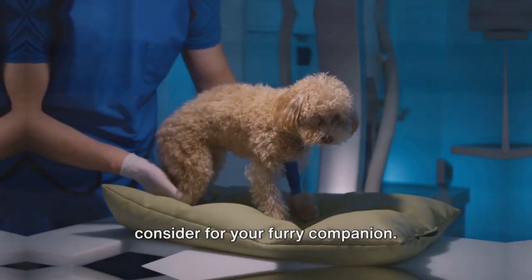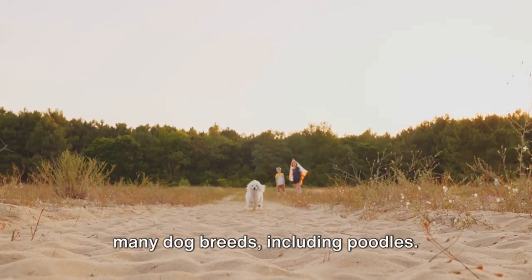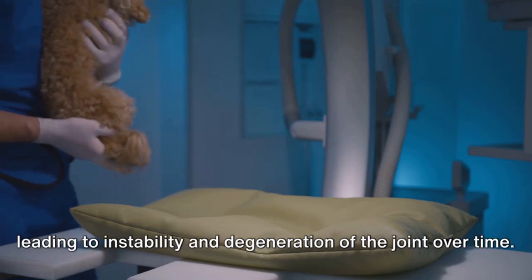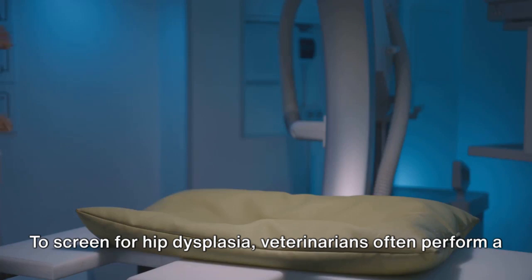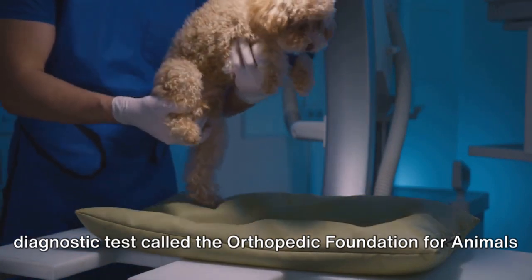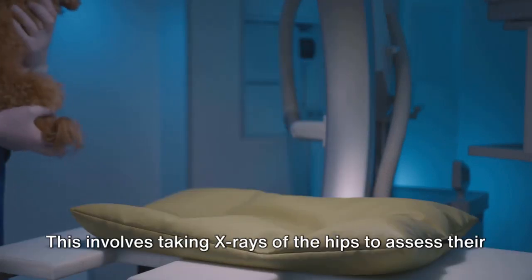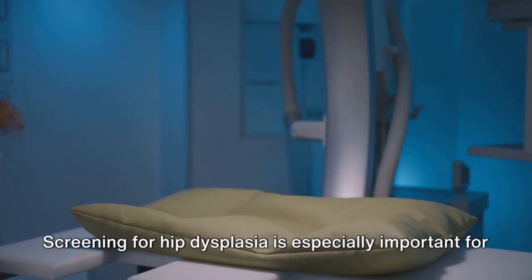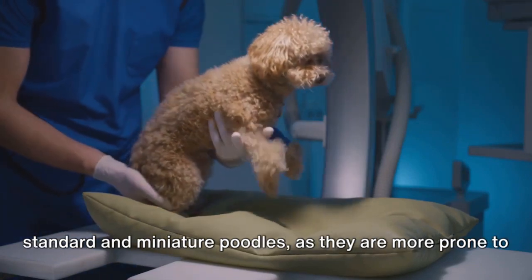for your furry companion. Hip dysplasia is a common orthopedic condition that affects many dog breeds, including poodles. It occurs when the hip joint doesn't develop properly, leading to instability and degeneration of the joint over time. To screen for hip dysplasia, veterinarians often perform a diagnostic test called the Orthopedic Foundation for Animals (OFA) hip evaluation. This involves taking X-rays of the hips to assess their structure and detect any signs of dysplasia. Screening for hip dysplasia is especially important for standard and miniature poodles, as they are more prone to this condition